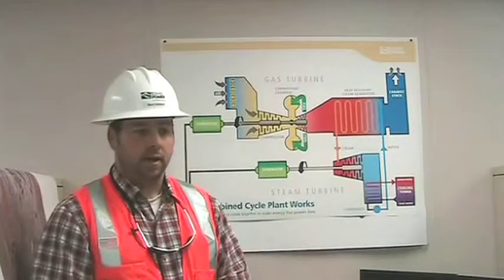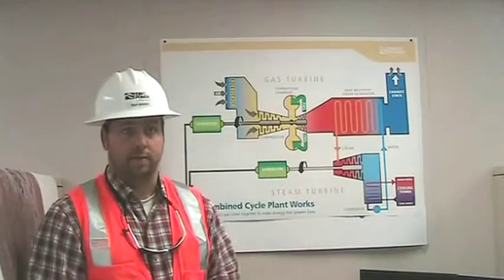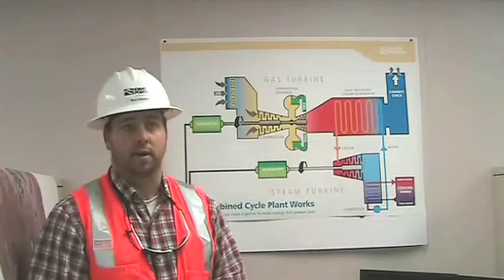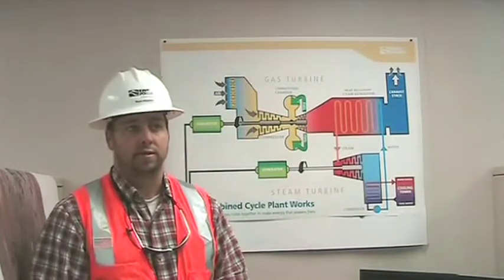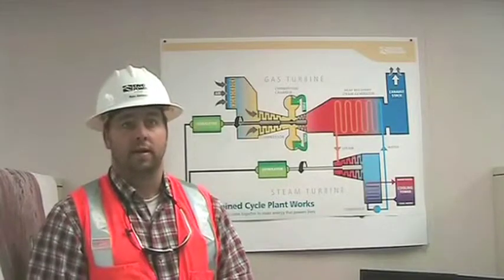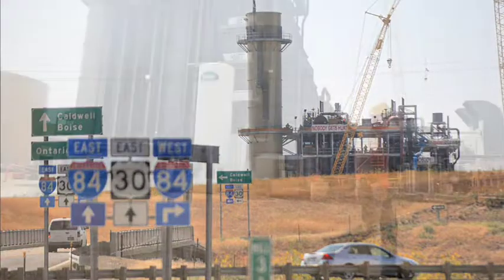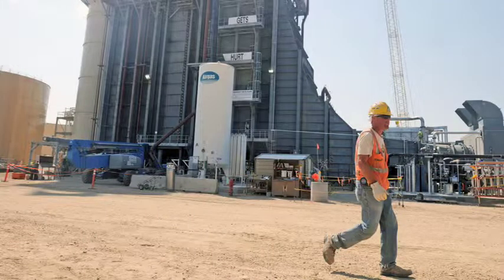By July 1st of 2010, we had received all of our permits to go to construction, and that's actually when we kicked off the project. Breaking ground was essentially July 1st of 2010. So we've now been under construction for about 15 months. We're about 75% complete, and we've got about another 6 or 7 months to go until we'll start the commissioning